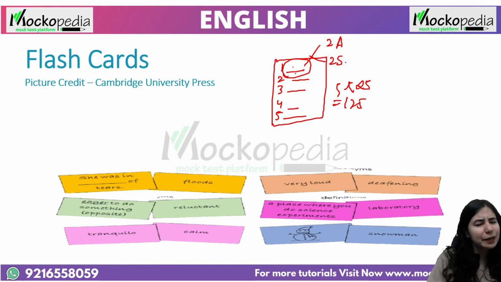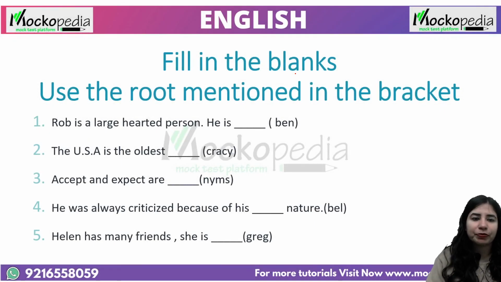So try this. Very personalized. This is one way of making it. You can try your own ways. You can be unique, you can be creative, whatever works for you. You can write the word in Hindi if that works well for you. But do make flashcards. Maybe you write loquacious here, and you write Kapil Sharma there. You can do that also, right? So this is another approach that you can use for vocabulary building, right?